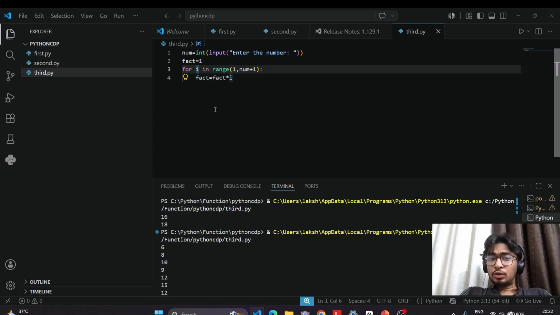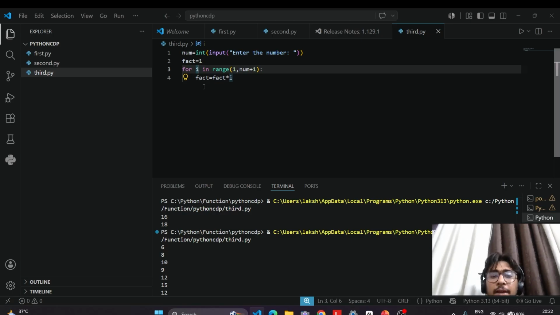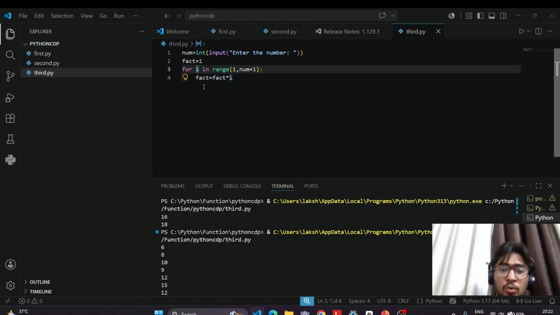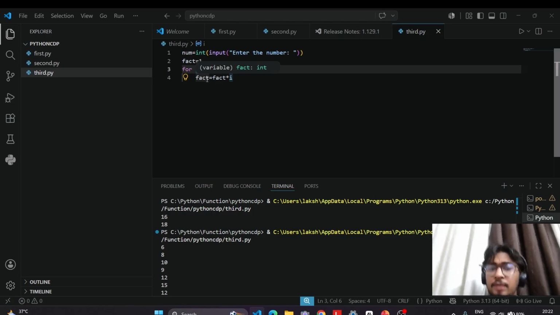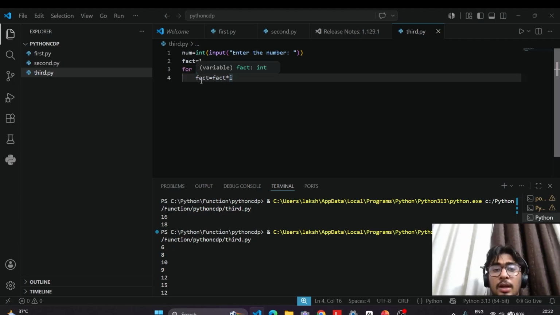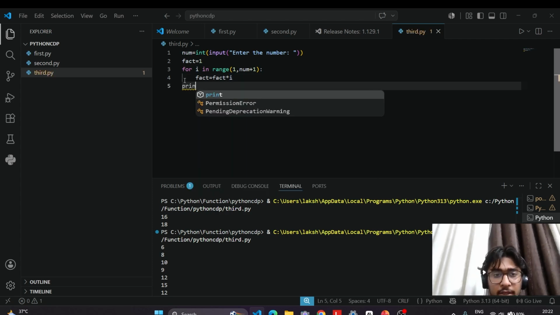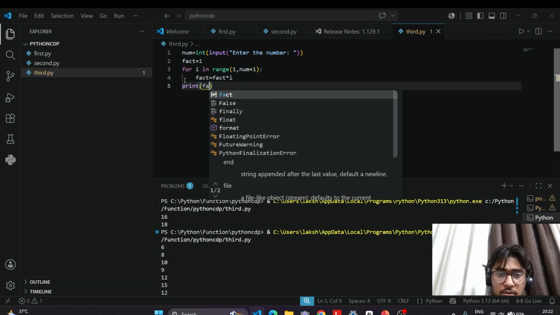क्या होगा कि जो 12 है ये फैक्ट के अंदर स्टोर हो जाएगा. ठीक है, अब फैक्ट 12 के अंदर स्टोर हो गया तो अब फैक्ट की वैल्यू क्या है हमारे पास 12. तो हम क्या करेंगे, अब आई की वैल्यू क्या हो जाएगी 5. तो 12 इंटू 5 क्या होता है 60, तो जो 60 होगा ना वो इस फैक्ट के अंदर स्टोर हो जाएगा, ठीक है. तो जब भी हम अपने फैक्ट को प्रिंट करेंगे, फैक्ट,